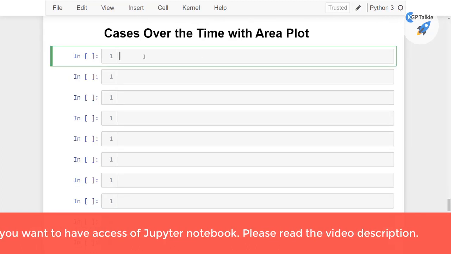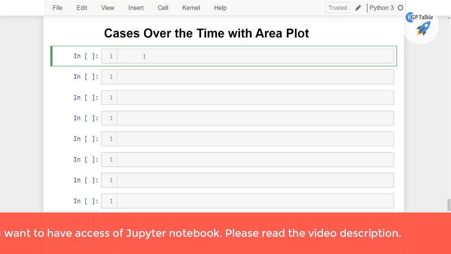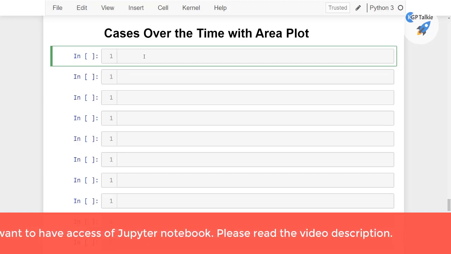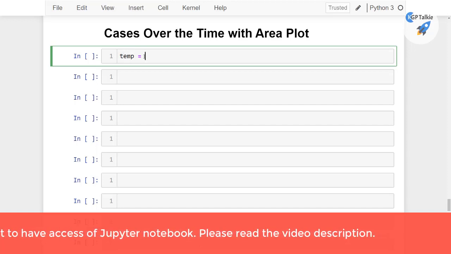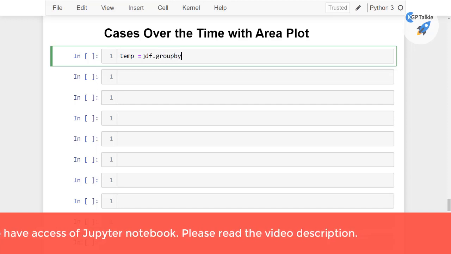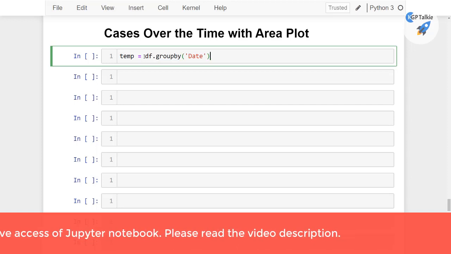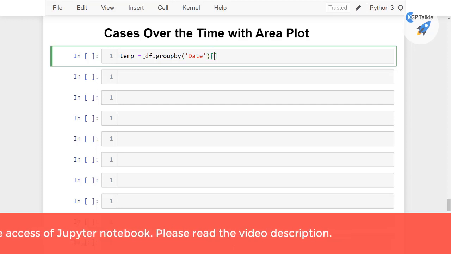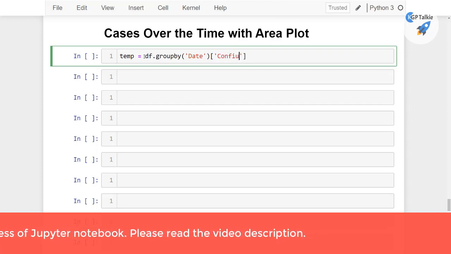Alright, now let's go ahead and see the cases over time with the area plot. Before we get started with the area plot, let's go ahead and see it with a simple plot. I'm going to create here a temporary variable temp is equal to df dot groupby, and I'm gonna group it with the date. Once it is grouped with the date, then I'm gonna select confirmed, deaths, recovered and active cases. So there I have confirmed,